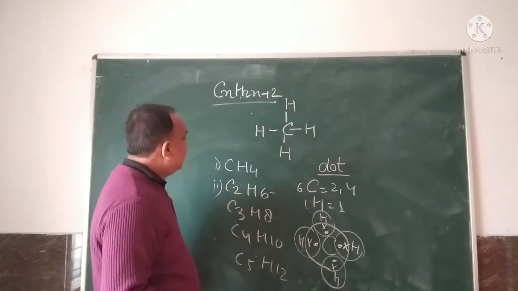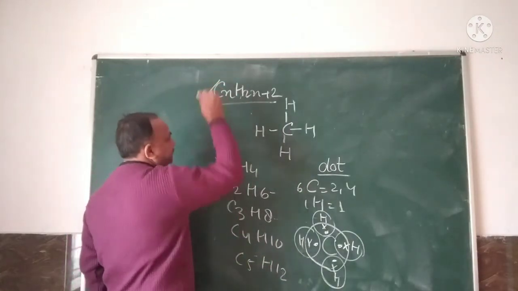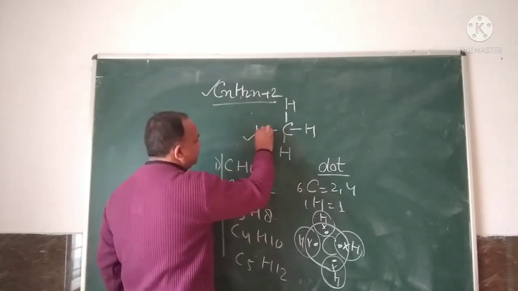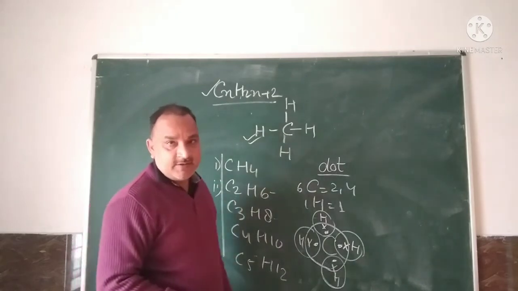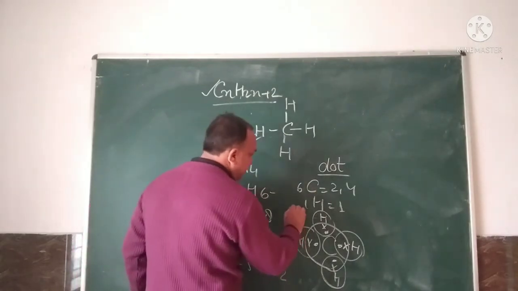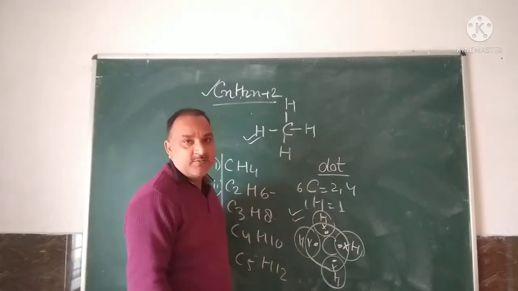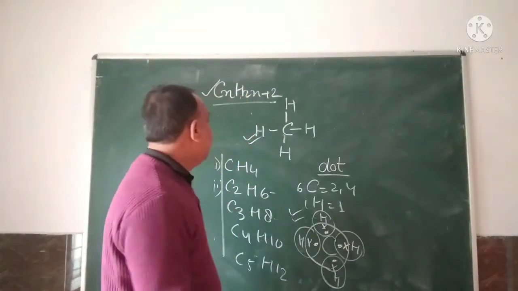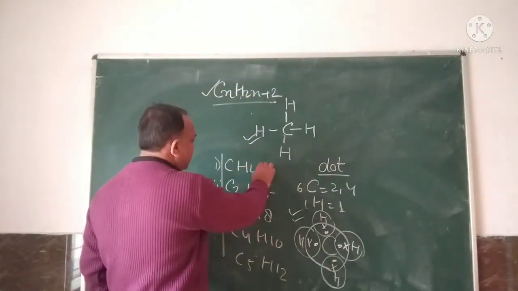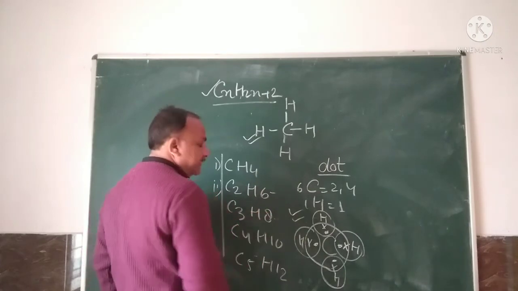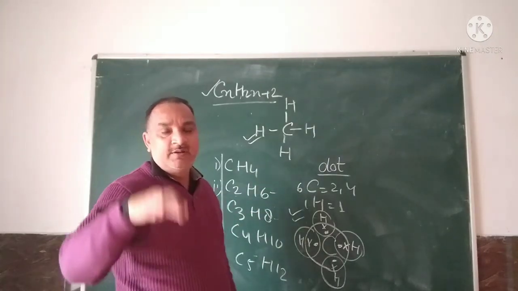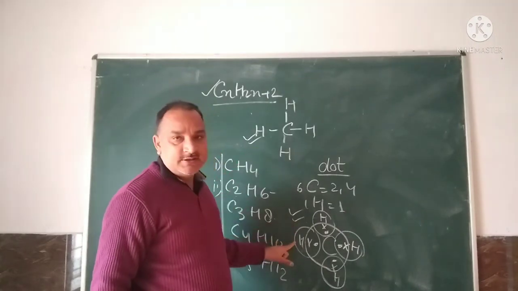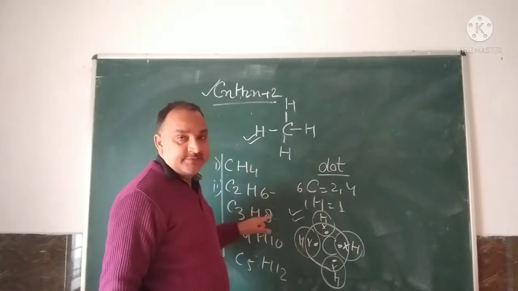So all these things are very important: the general formula, then series formation, then the bond structure formula, the structural formula, then the electron dot formula. All these formulas are very important for your examinations. Everyone first draw all the structures for methane, ethane, ethene, and so on. Everyone first complete the series, then draw the structures, then the electron dot structure of all that series. Okay, thank you.